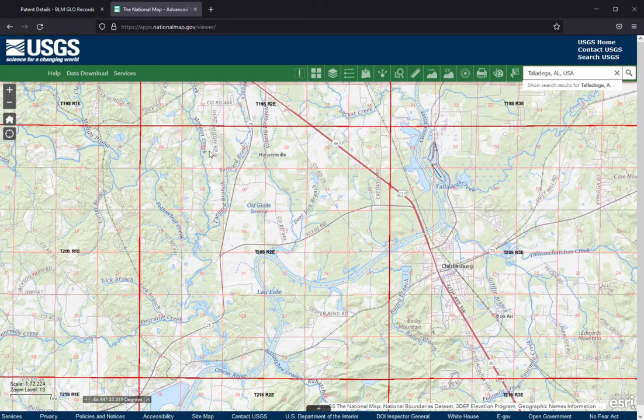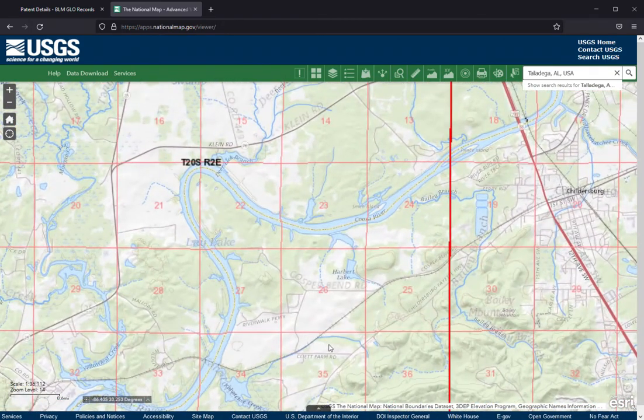A township is 6 miles by 6 miles. The sections start in this area of the country. They start numbering in the northeast corner and proceed west to 6, drop down, go back to the east, and then it continues to zigzag in the numbering across till it completes down here in section 36 in the southeast corner of the township. So we're in 26,